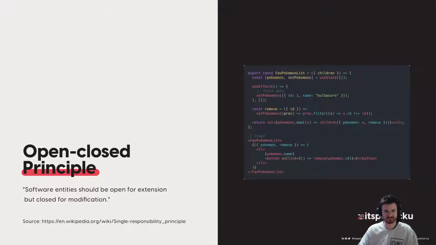The next one is the open-closed principle. A good definition for this one is that software entities should be open for extension but closed for modifications. And there's actually tons and tons of ways to do this in React. React just lends itself